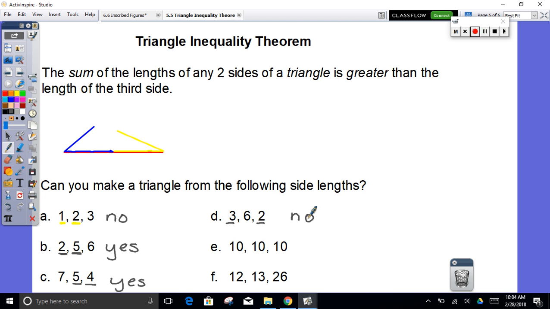When we add them up, if it's bigger than the third side, we can. So 10 plus 10 is 20. 20 is bigger than 10. So yes, we could make a triangle. What kind of triangle would this be? We could give this a name